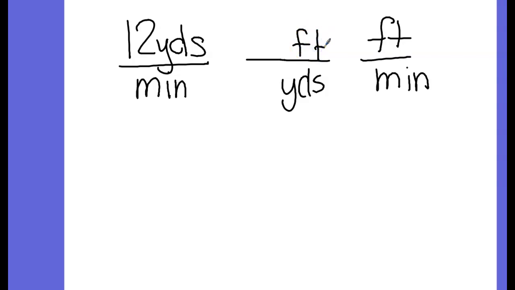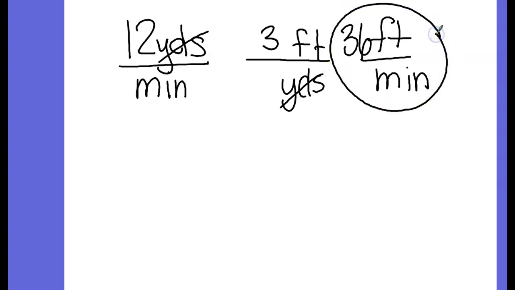3 feet in a yard. There's 5,280 in a mile. So then I would cross off my yards. So 12 times 3 is? 36. So then 36 feet in a minute. Okay. Try another one. Let's do